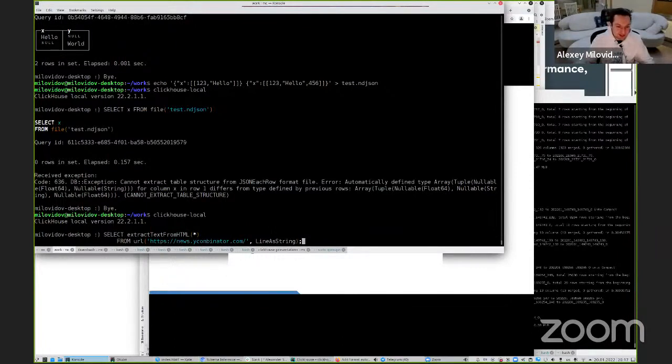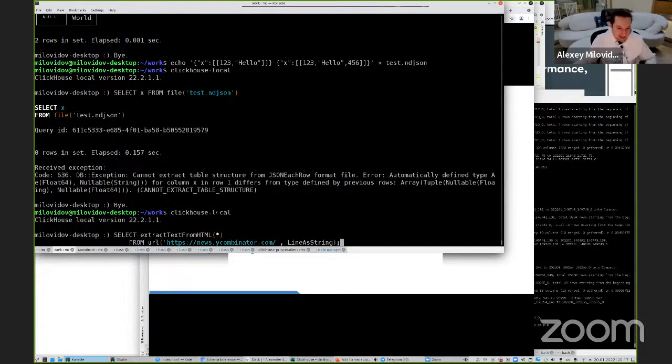I will read it with ClickHouse. So I will query it with the URL table function. It will get HTML, and I will parse HTML directly with ClickHouse. ClickHouse can parse HTML.